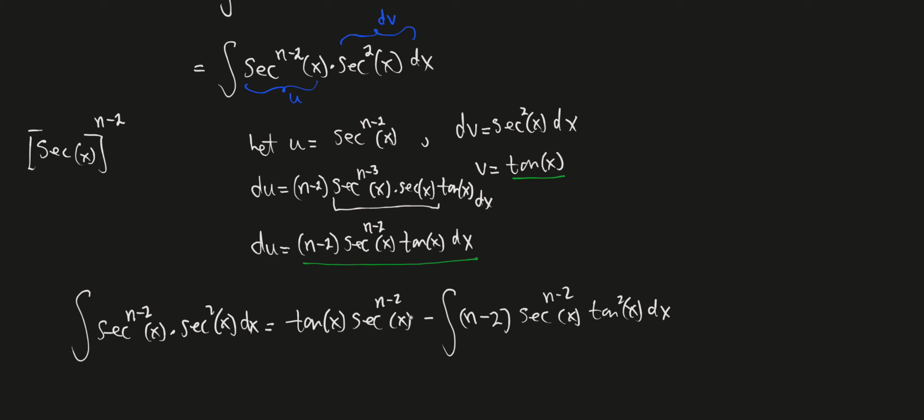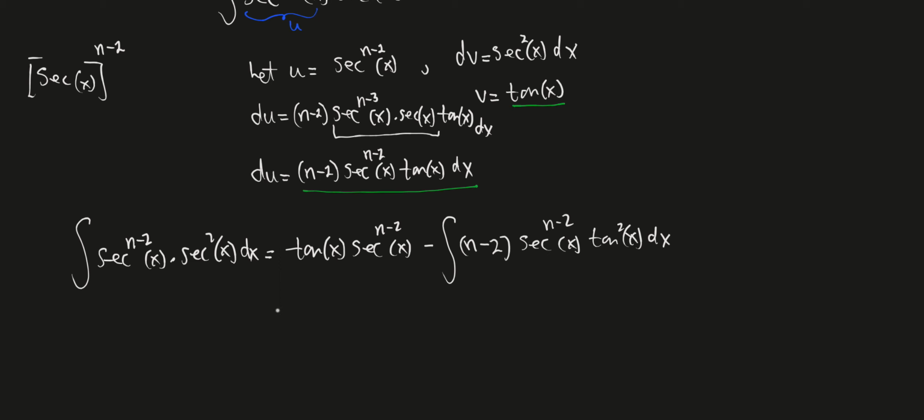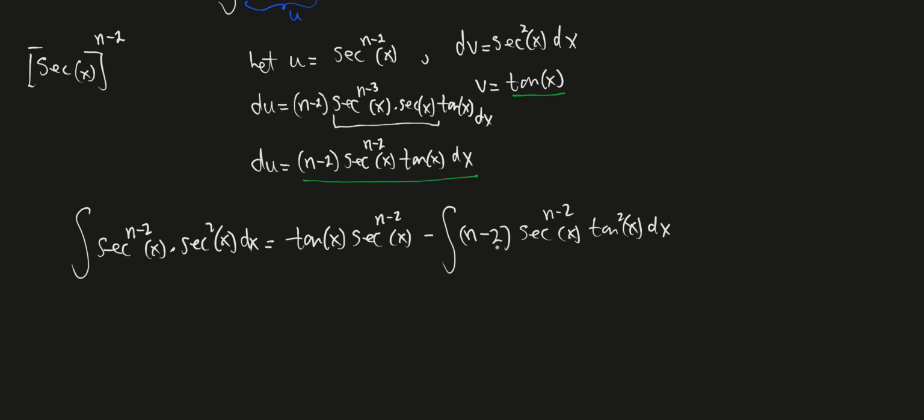Again, remember we're saying that n is some integer. We don't know what integer it is. It's just an integer that's bigger than 2. So let's factor out the n minus 2. So we have our tangent of x times the secant to the power n minus 2. Factor out the n minus 2, so we have this, and then inside the integral now, what I'm going to do